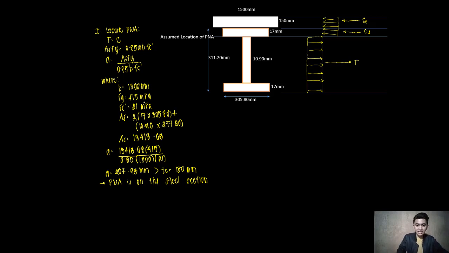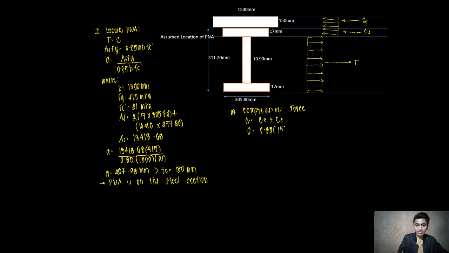Let us first determine the compressive force, denoted as A. The compressive force, C, is the sum of the compressive force due to concrete plus the compressive force due to the steel itself. So C is equal to, for concrete, 0.85 A, which is